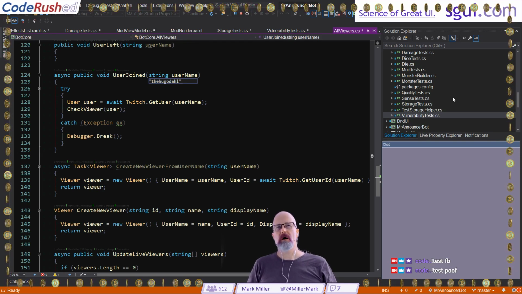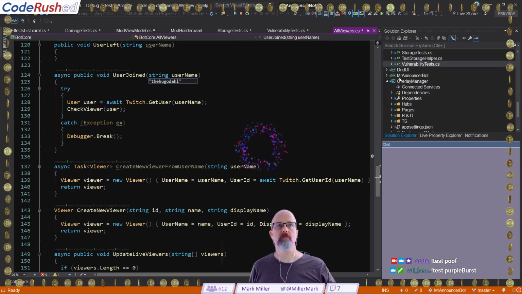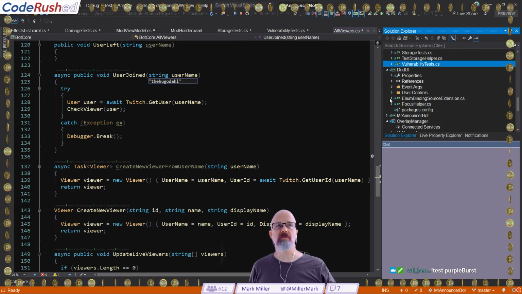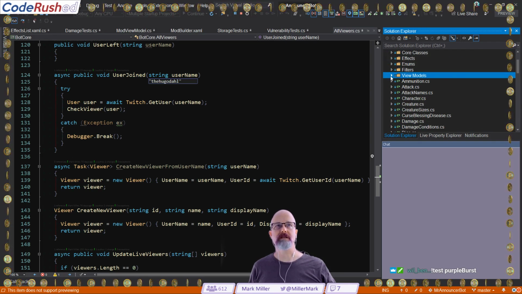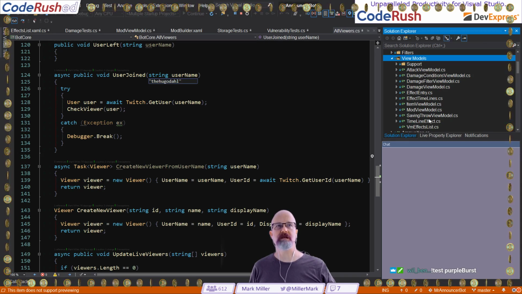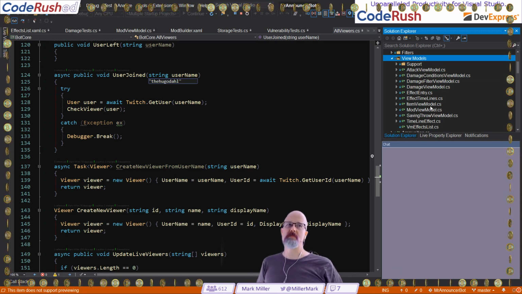Yeah, and so basically what I did is I took the view models from my UI layer, which are here, and I took all those view models. There used to be a folder here called view models, and I took them and I moved them down into D&D core, right into here. So I've moved all those view models here. And there's a little bit of a compromise here in that these view models